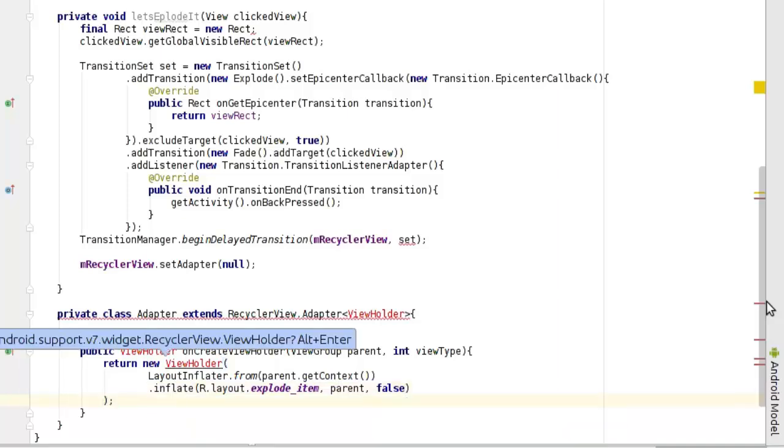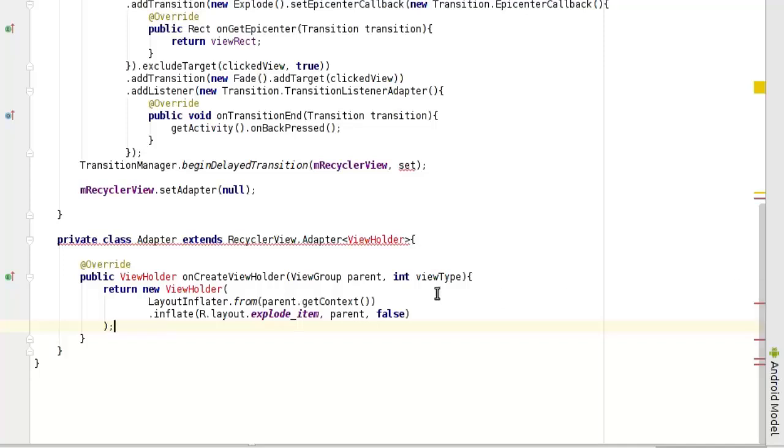I've set this way, so that's fine. Now we have the unbind